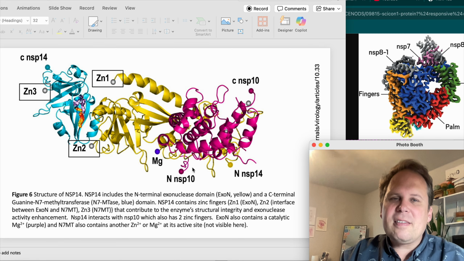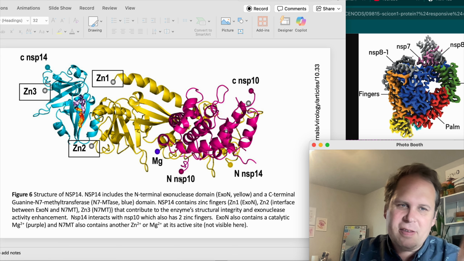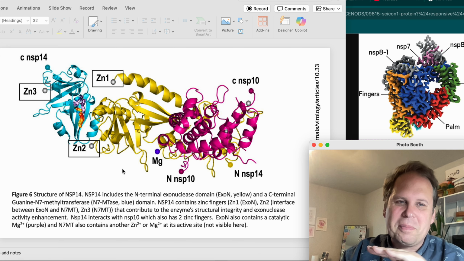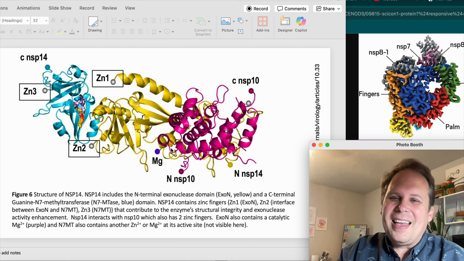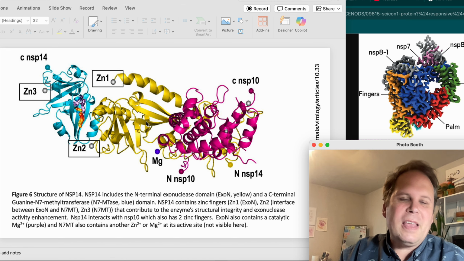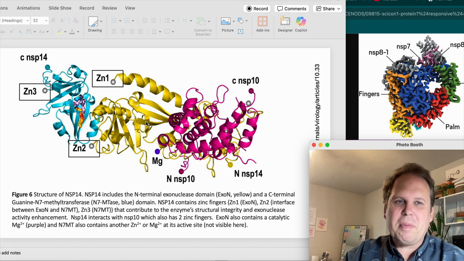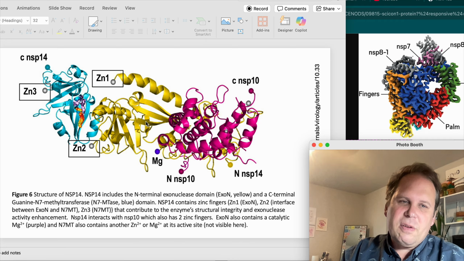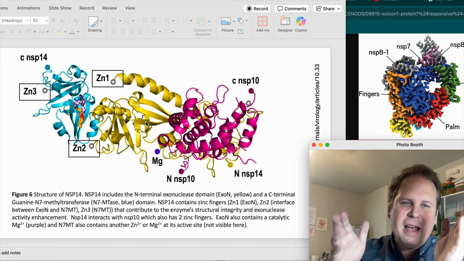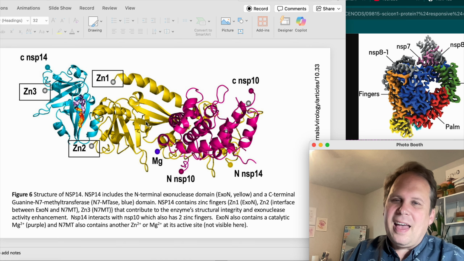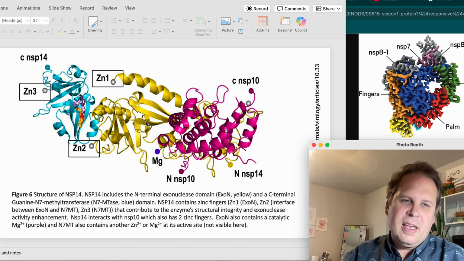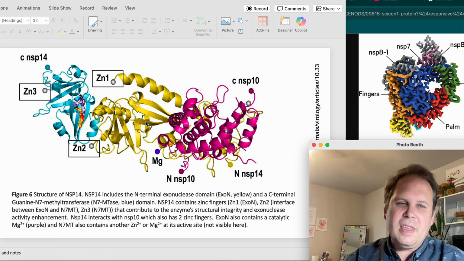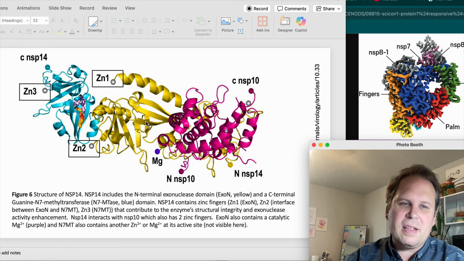So you've got 2 zincs in NSP10 that can be substituted maybe for iron sulfurs, but I'm going to stop saying that because I've said it enough times. You either got it or don't. Here's the active site magnesium of the exonuclease, and so this is going to be part of the exonuclease mechanism, and it's going to be driving an attack that is going to end up breaking the phosphate linkage,